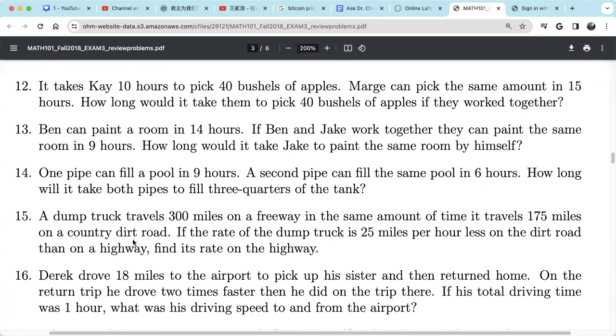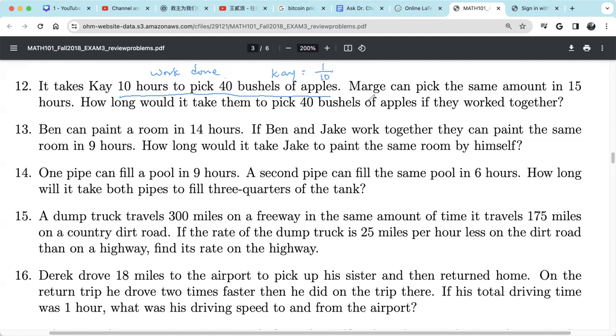Let's see these couple questions. So 12. It takes K 10 hours to pick 40 bushels of apples. So this is a work done problem, right? Remember work done problem. So it takes K 10 hours. That means K's speed of picking the bushes is